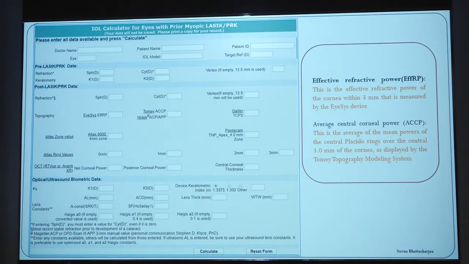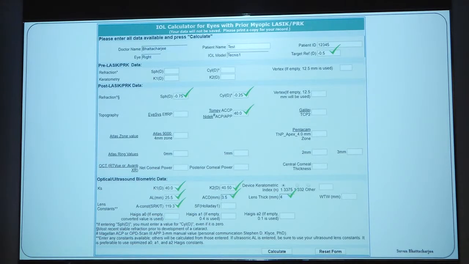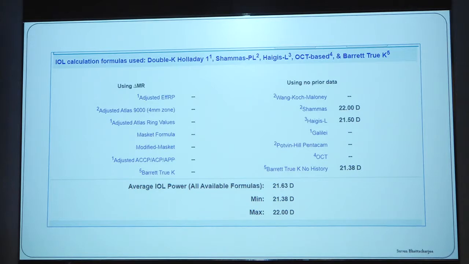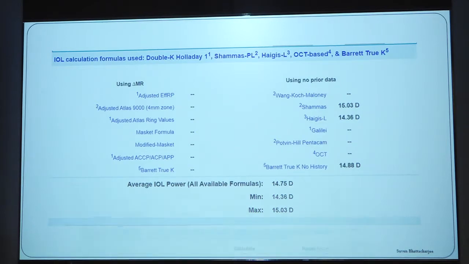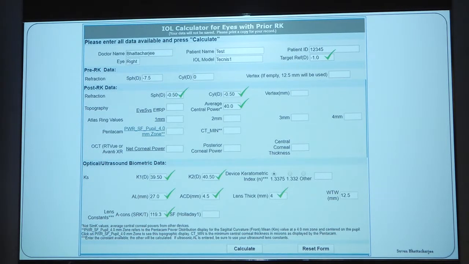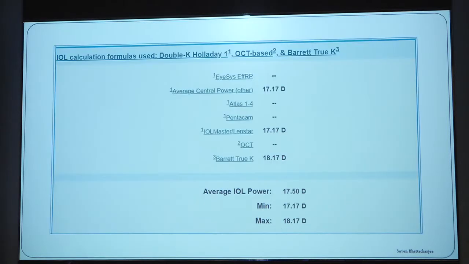So these are standard tools which you can use for myopic, hyperopic, post-RK. You input the data, and the best thing is it gives you results based on how much data you input. The more variables you fill in, the more accurate your results are likely to be. There are various formulae that the ASCRS platform gives us. So now you can compare and contrast, and if you would like, refine that by adding a few more of the variables. The same goes for myopic classic and with prior RK. You can fill in the formulas and get figures.